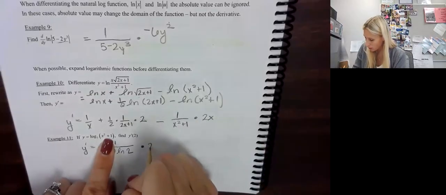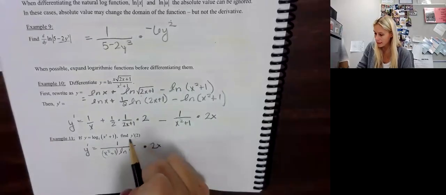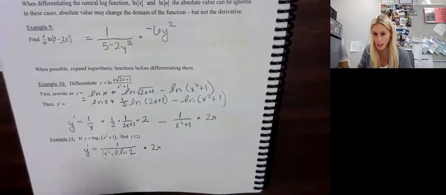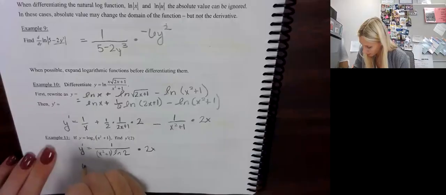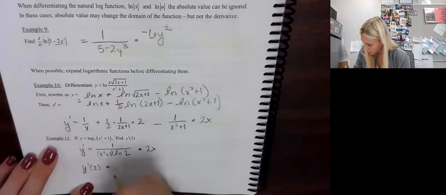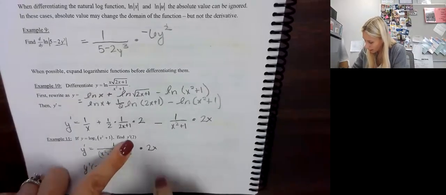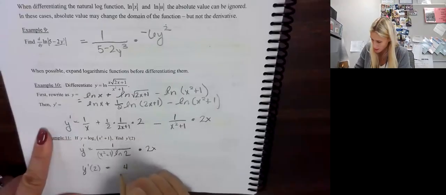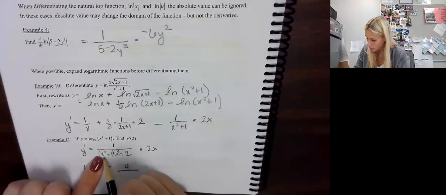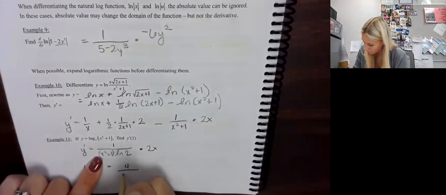So 2x. And we're done there. But we need to say the derivative at 2, right? So we're going to plug in y prime of 2 equals 2 times 2, right here is 4 all over 2 squared is 4 plus 1 is 5, so we get